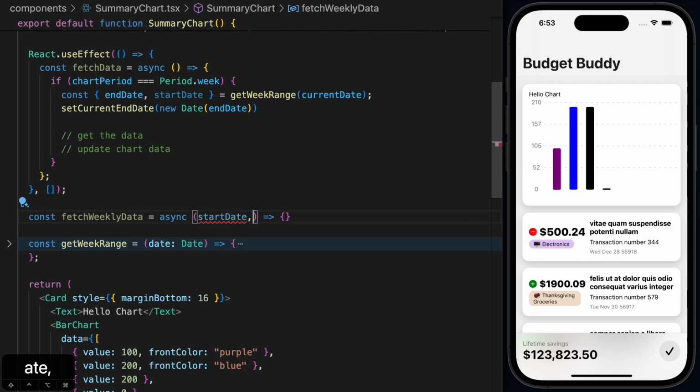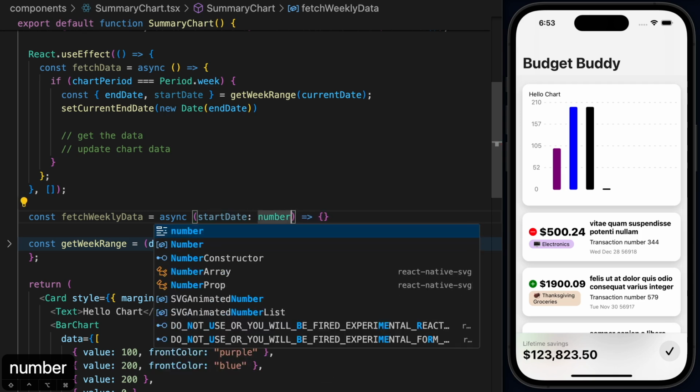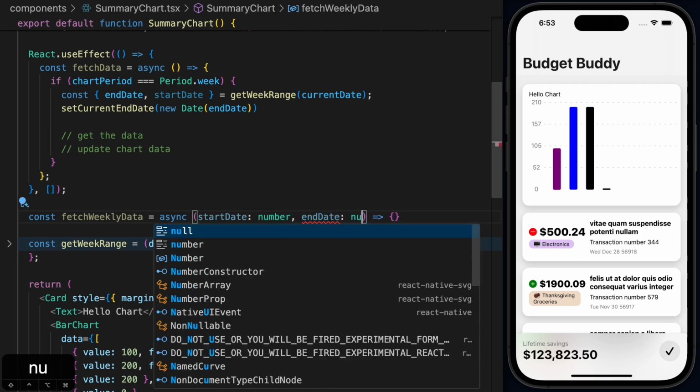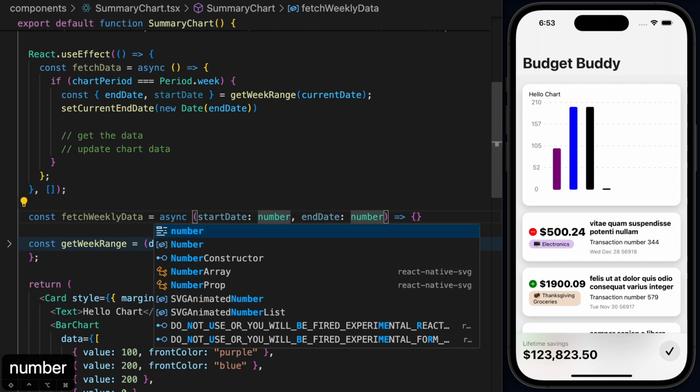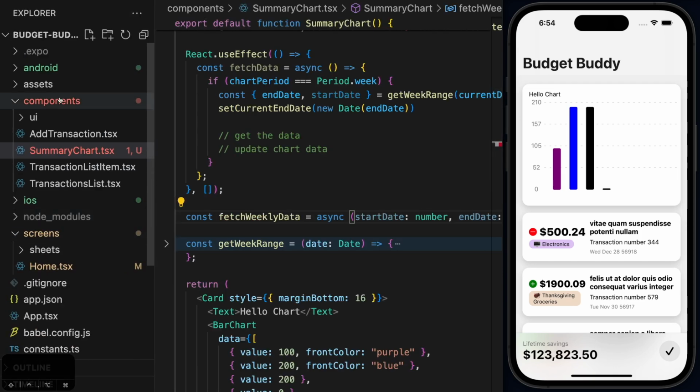So we need the start date. This is going to be of type number. Remember that we're managing this in seconds in the database. So I'm passing a number. End date is going to be a number as well. Sorry, it's milliseconds, I think. And then I want to specify as well in this function the type of the transaction that we want to get. Now, currently, if we go to the database here,